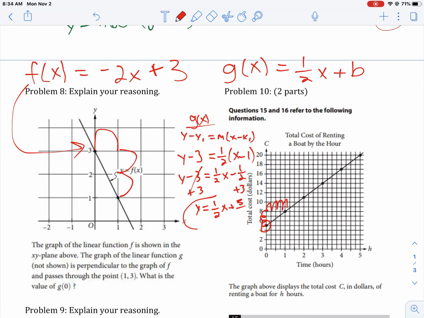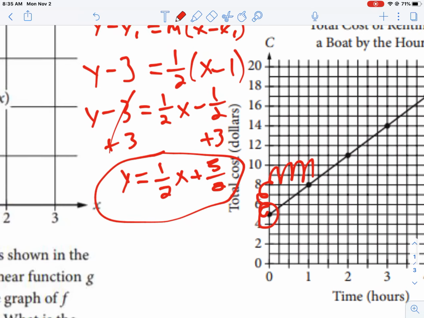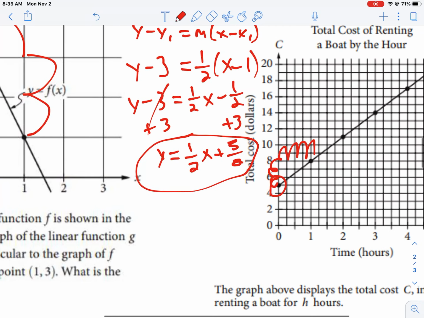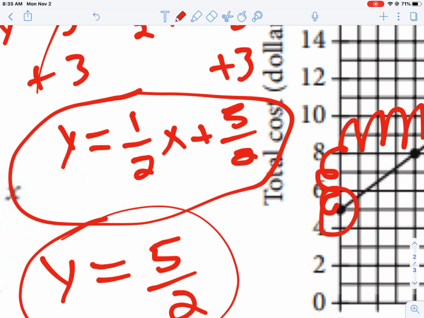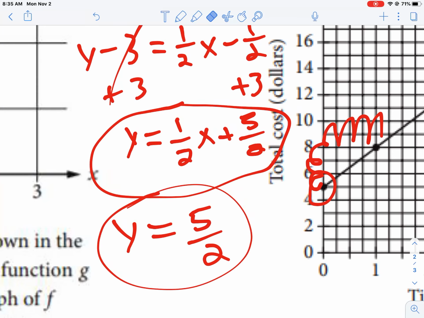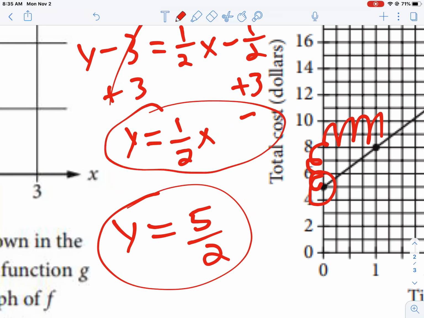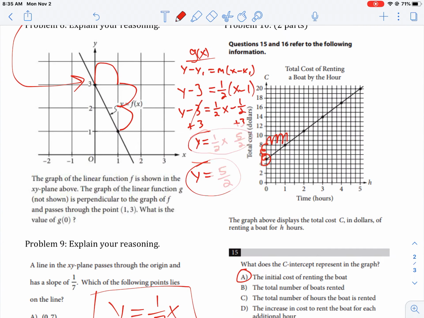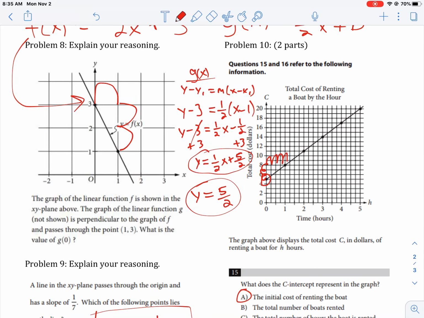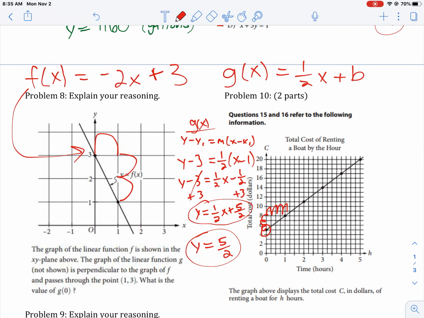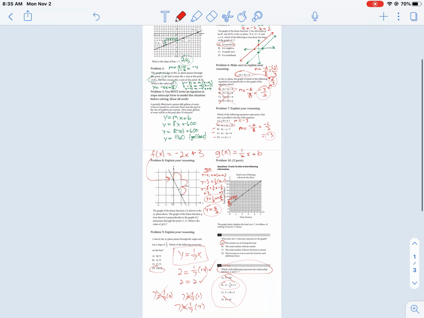So this is g of x right here. And what's the value of g of 0? Well, g of 0 would be when x is 0. But they're really just asking for the y-intercept. So it would be 5/2. If I plug 0 in for x in this equation, I get 5/2. So it's all about finding equations. Equations of lines, using your point slope, using parallel perpendicular, all those things that you know come into play. So that's just the answer key, and I hope you guys have a wonderful